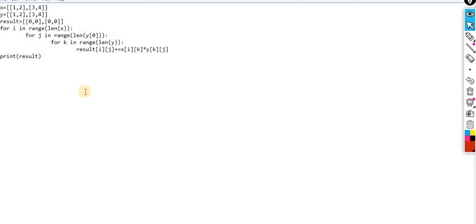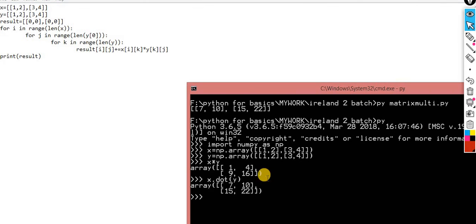I still recommend you, please do each and every iteration on paper, then you will understand it. Take one matrix, whether it's a 2 by 2 or a 3 by 3, write down all these steps on paper, and then try to solve it. Automatically you will get the clarity, because in one shot I know it's very difficult to understand, because this is the concept of the 3 for loops, and I explained how you can handle this scenario. Another way I already showed you with the help of numpy, but that is not our concern. I showed you the advanced part, but that is not our concern.